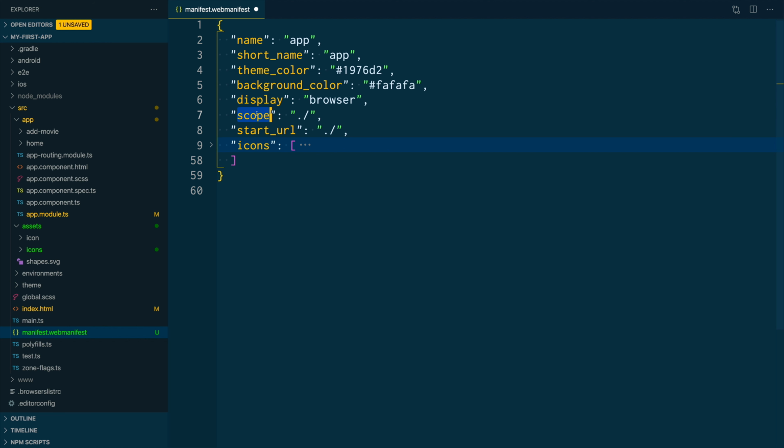The scope variable is the scope we want to give to the PWA. It's usually just the /, but if, for example, you want the manifest only to affect a part of the application, like if you have yourdomain.com/app, then this manifest will only affect everything that's in the app folder. And the start URL is the URL you want to load when the application is entered through the icon installed